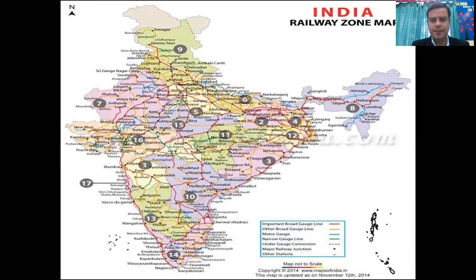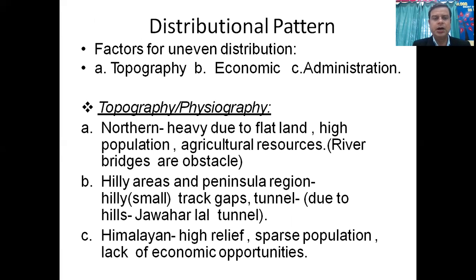In this map different railway zones are available. Now in some places we still do not have railways or railway tracks. Behind that there are a few reasons: first one, topographical reasons, economic reasons, or administrative reasons. According to topography, in the northern region, due to heavy rain or flat land, high population, agricultural resources; and in hilly areas, peninsula region,